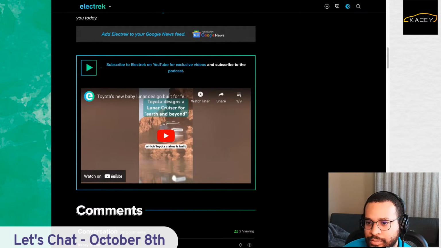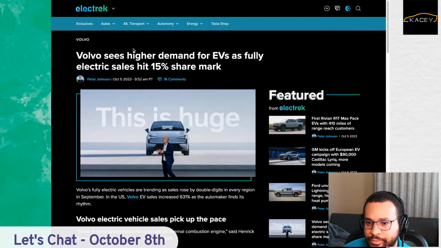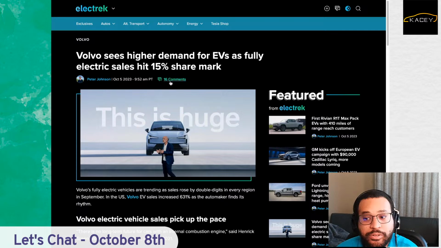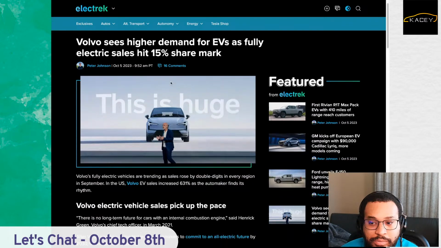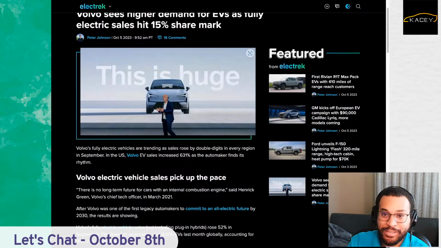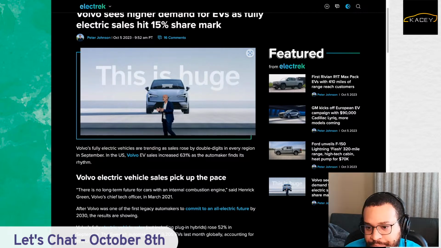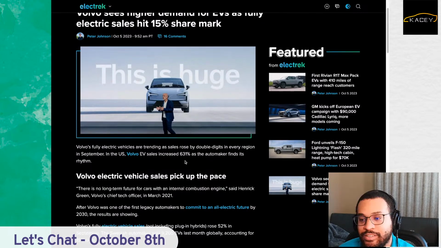Let's go to Sweden or China with Geely and Volvo. Volvo sees higher demand for EVs as fully electric sales hit 15% share mark. Like that. 15%. You're exceeding the national average. Of course, that's probably for the whole world, including Norway. Volvo's fully electric vehicles are trending as sales rose by double digits in every region. Good job, Volvo. In the US, Volvo EV sales increased 631% as the automaker finds its